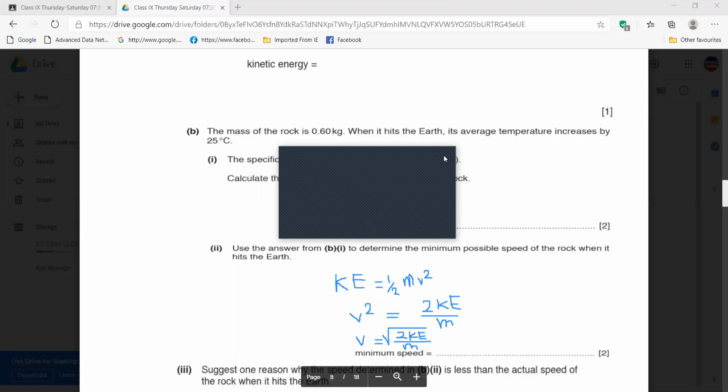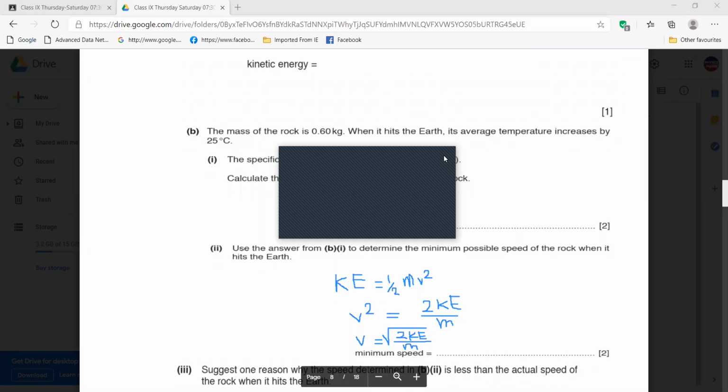Topic 11, question number 1 is going on, right? So what is your answer, Farabi? Can you tell me again? 126.5. But the answer is showing here 167. There you did something wrong in the calculation.